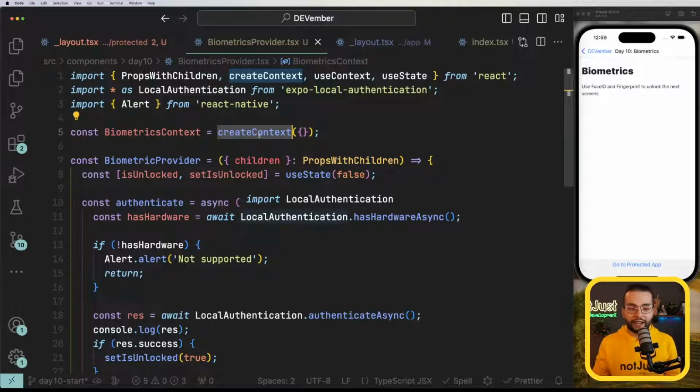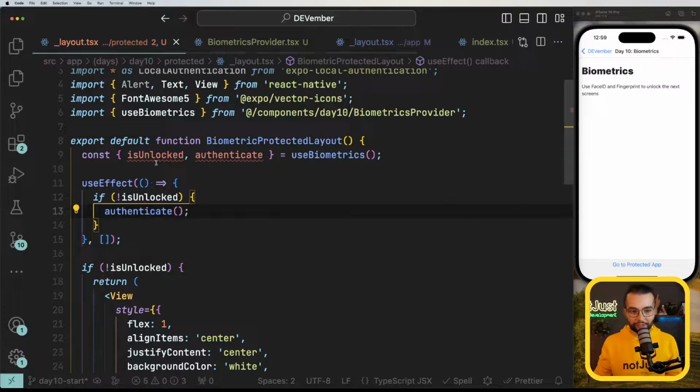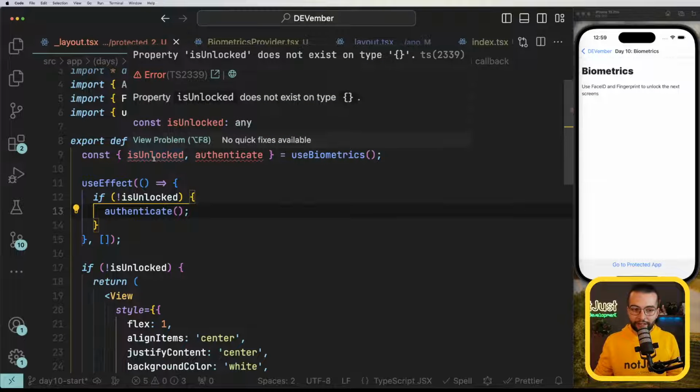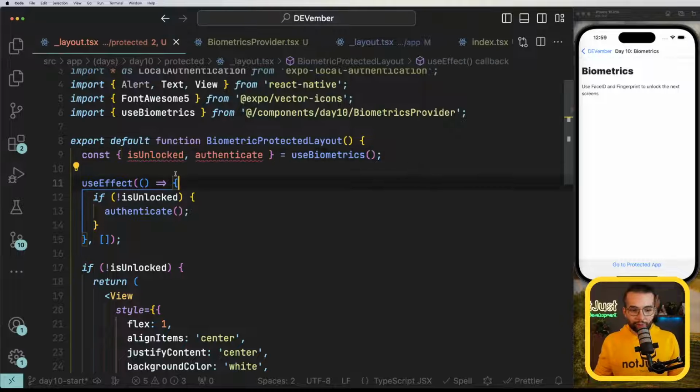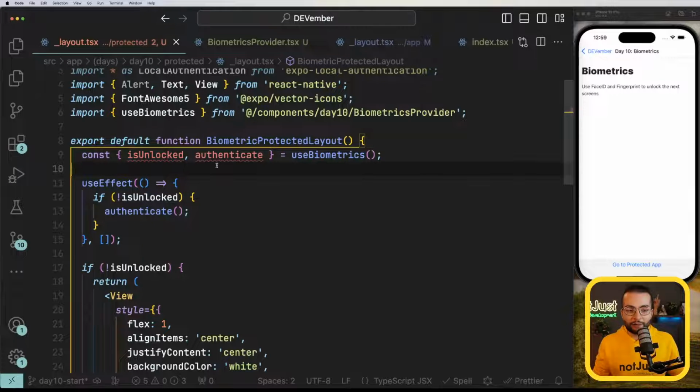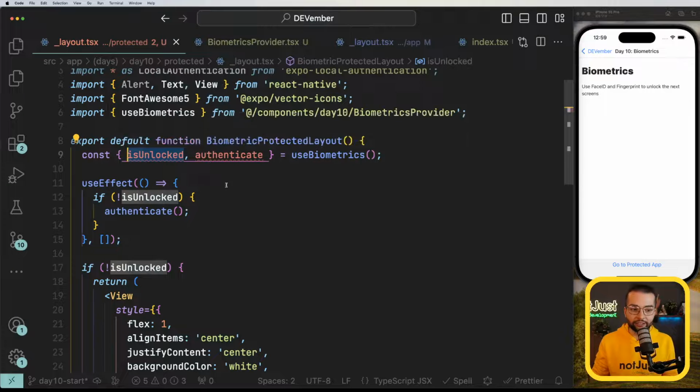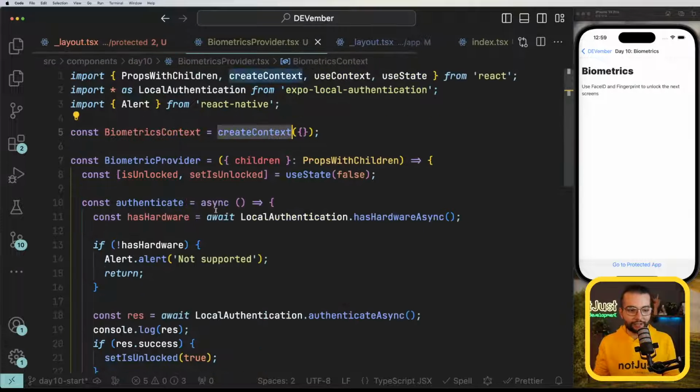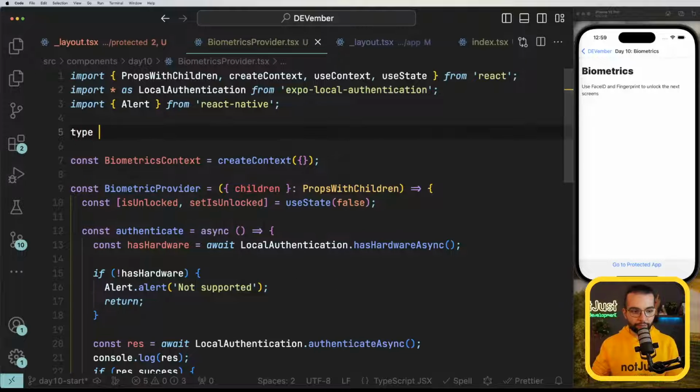this is working, but we haven't specified the type for this context, and when we are using it, it doesn't know if it has the is unlocked. When we don't type our data properly, we get into a situation as previously, when I had here unlocked instead of is unlocked. So let's go ahead and create here a type for